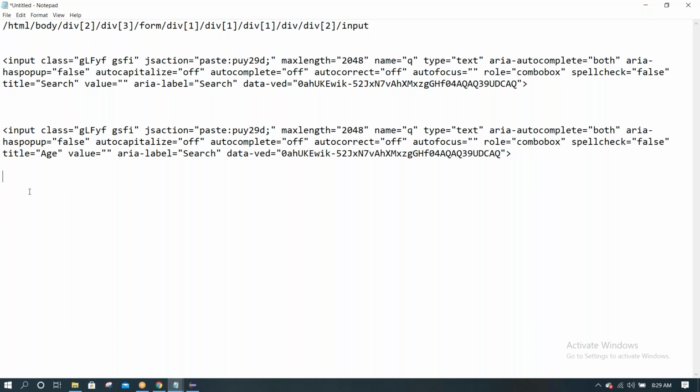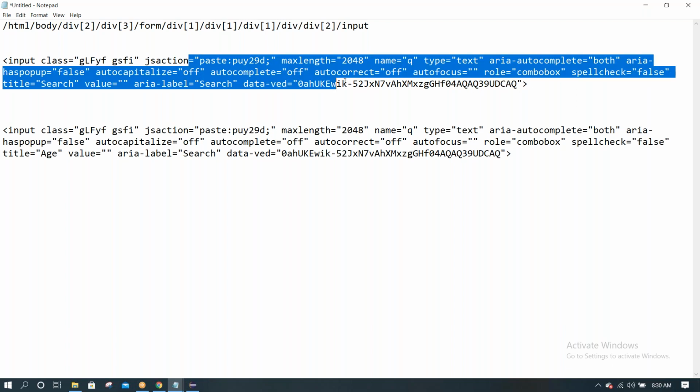So one of the locators we have is XPath. In that case, we can use any attribute from this. Everything is an attribute. Class is one attribute, then max length, type, aria-autocomplete, has popup, autocapitalize, role, spellcheck, all these are attributes.